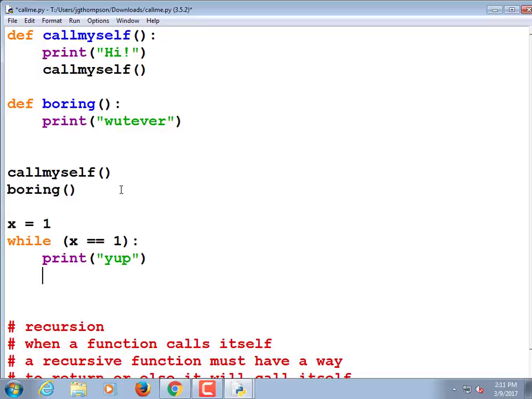There's a couple ways to handle exiting a loop. One is to change that x variable so that it's no longer true. Another is providing a break statement which interrupts the while loop. And the third is a return statement. If you had a loop inside a function and you put a return statement inside that loop, then it would bail out. It wouldn't finish running the loop. So that's an infinite loop.